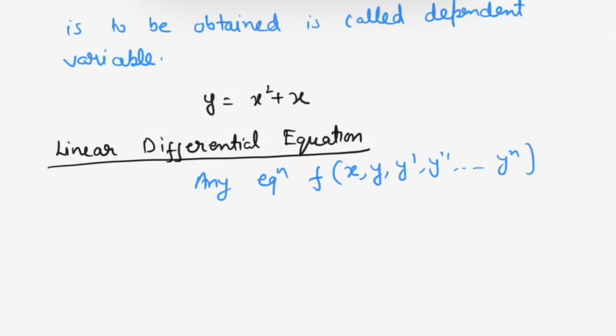Okay, here y prime represents the derivative of y with respect to x. So here x is independent variable and y is dependent variable. So this equation f of x, y, y prime up to y of n equals to 0 is called linear differential equation if